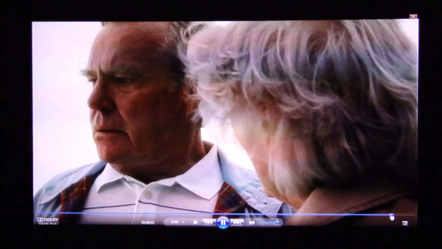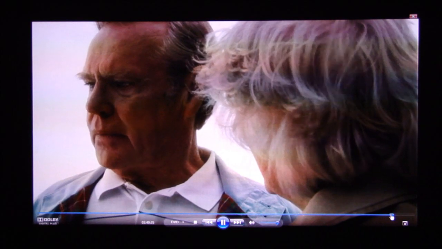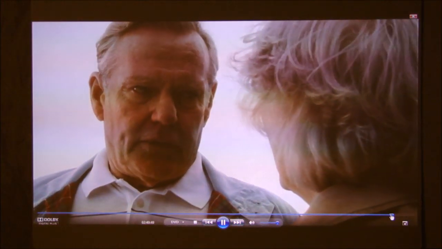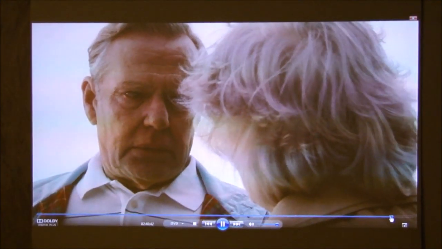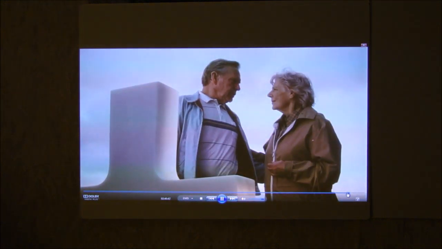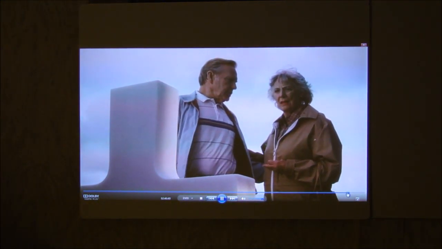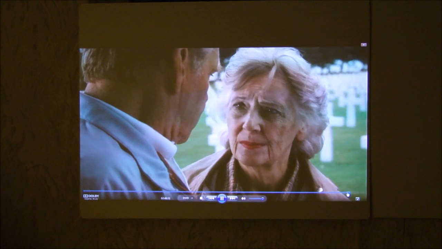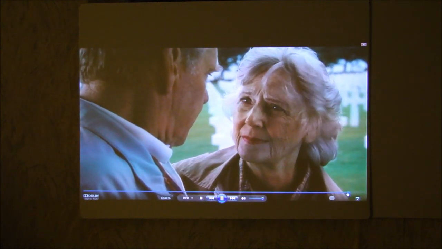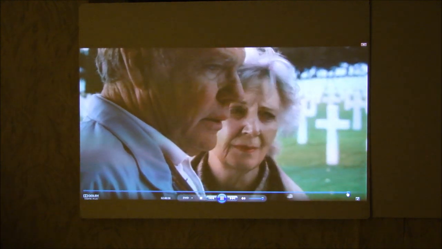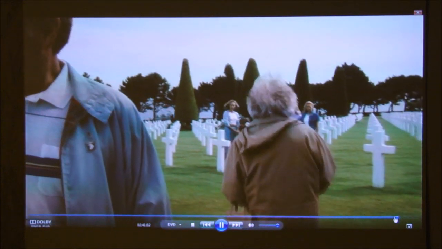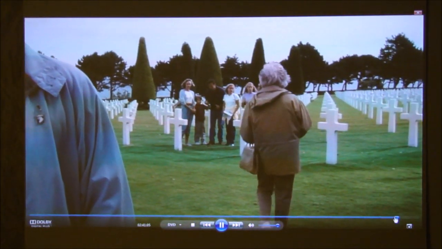It's very, very bright. Actually, let me turn on some ambient light. This is going to be pretty bright, but you'll probably see that the projector still performs very well, even in fairly good ambient light. And in this room, this light's on all the way, and it's really bright. You can see the contrast with the wall behind it. So all in all, this is a really nice projector. So I'm going to actually pause it here